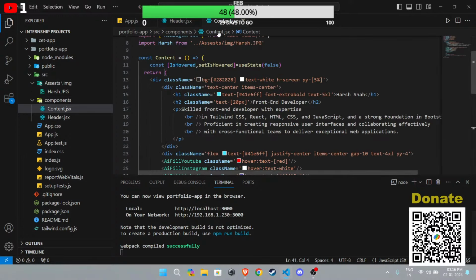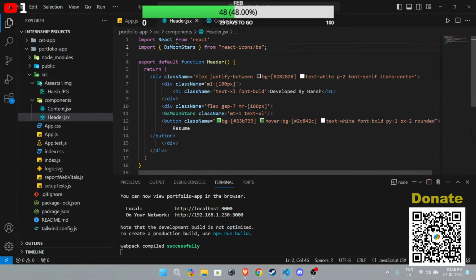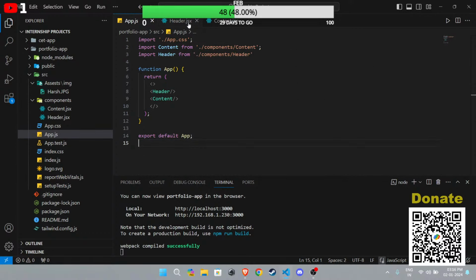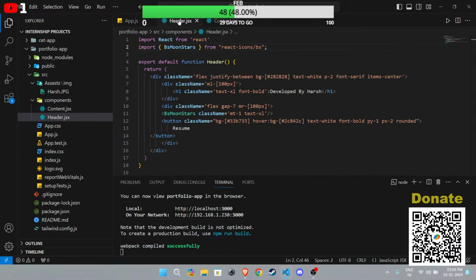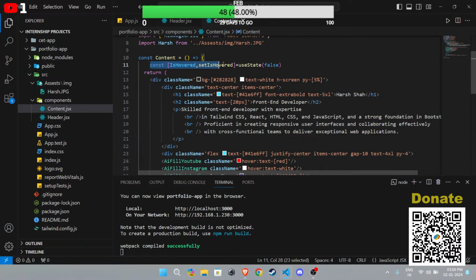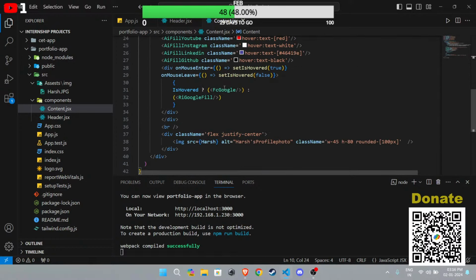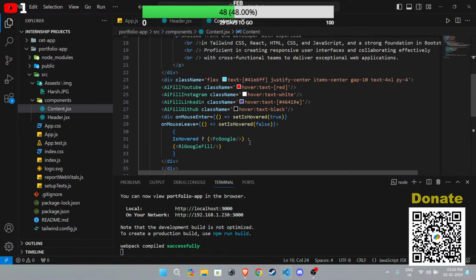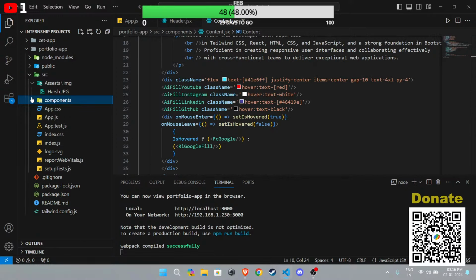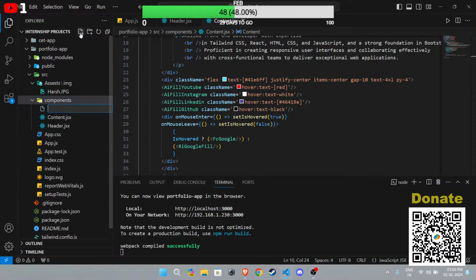So first of all, what we did last time was created these two components. This was the logic that we used using useState. We put many icons here. Now what we're gonna do next is we're gonna make a new